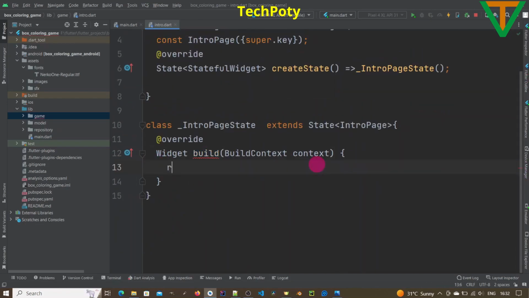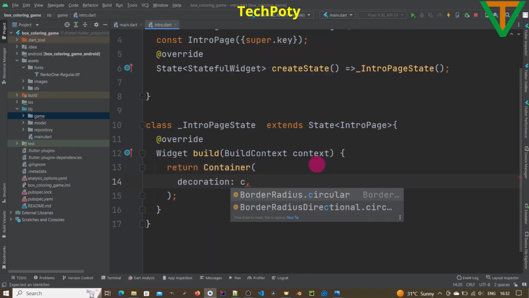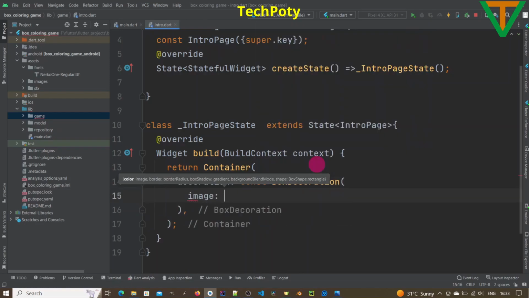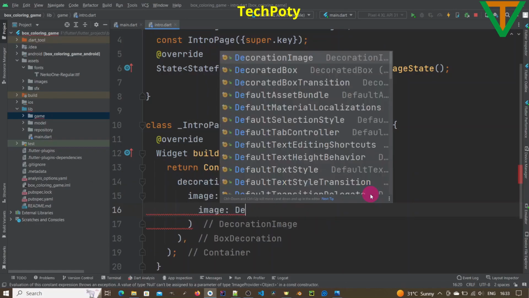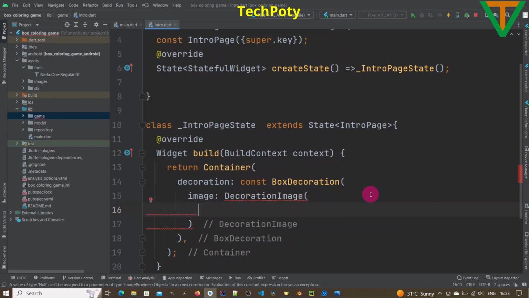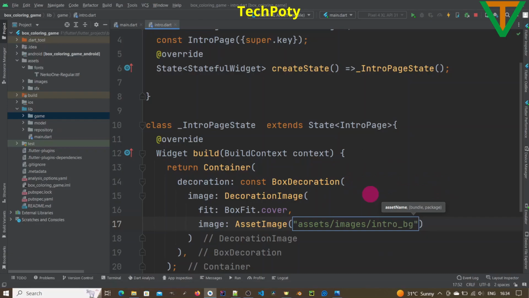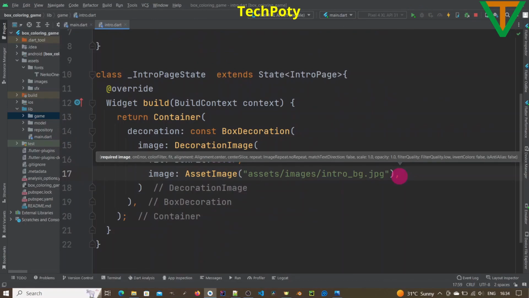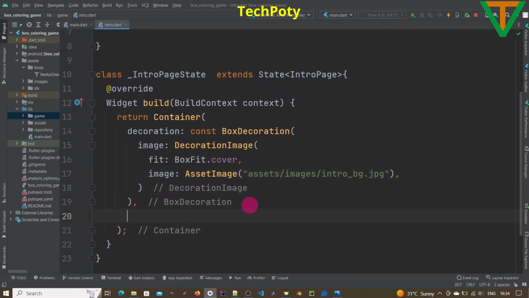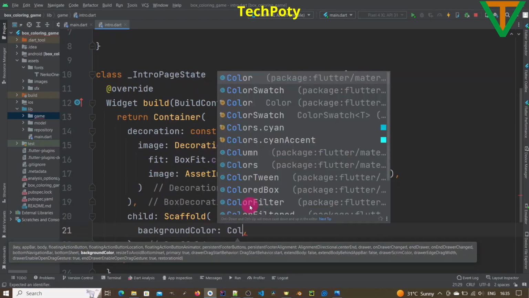Alright, now in this state build method, we return a container, pass some decoration, specify the image decoration, specifying the URL to the image, like that. Images intro background.jpg. Now if you run the application, you will see that. Now we contain the child scaffold with background color,